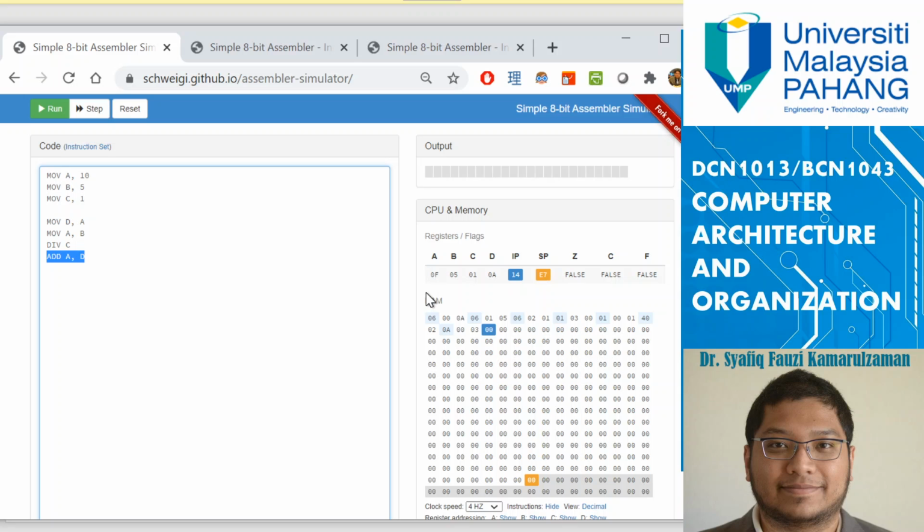Okay, so what happened here is that you see that this on the right side here is in hexadecimal. Okay, let's start again from the beginning. In register A has been inserted 10, which is A in hexadecimal, 0 until 9, and then A is 10, and then 5 is inserted into B, and then 1 is inserted into C, and what happened next is